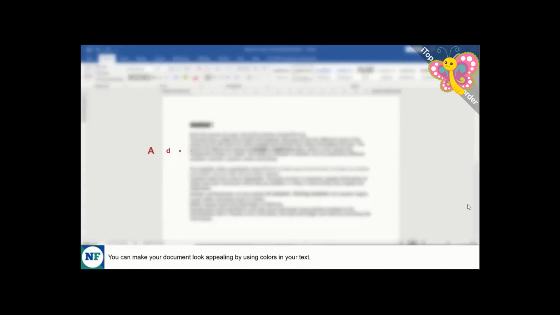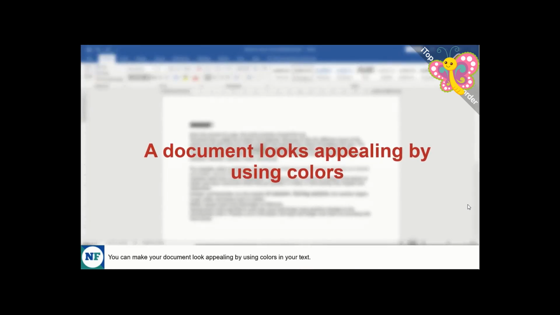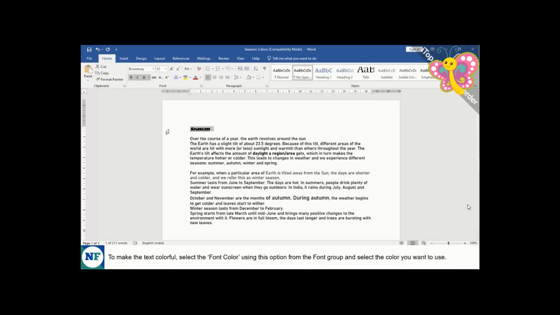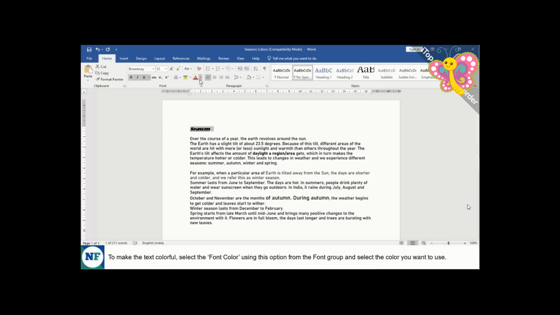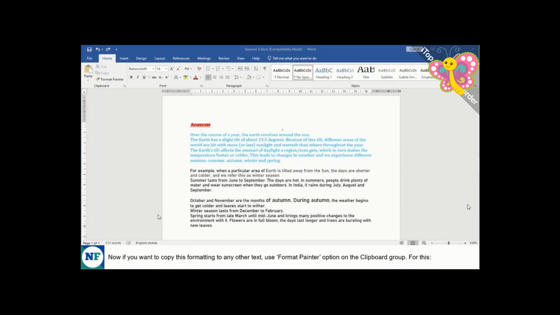You can make your document look appealing by using colors in your text. To make the text colorful, select the font color, using this option from the font group and select the color you want to use. Now if you want to copy this formatting to any other text, use the Format Painter option